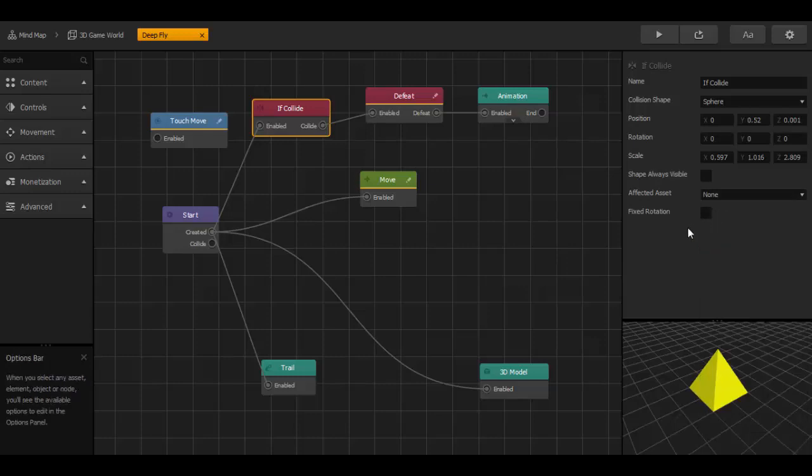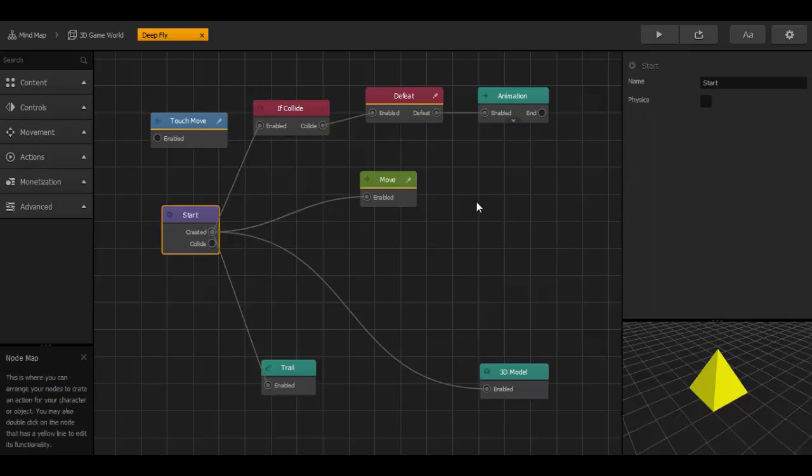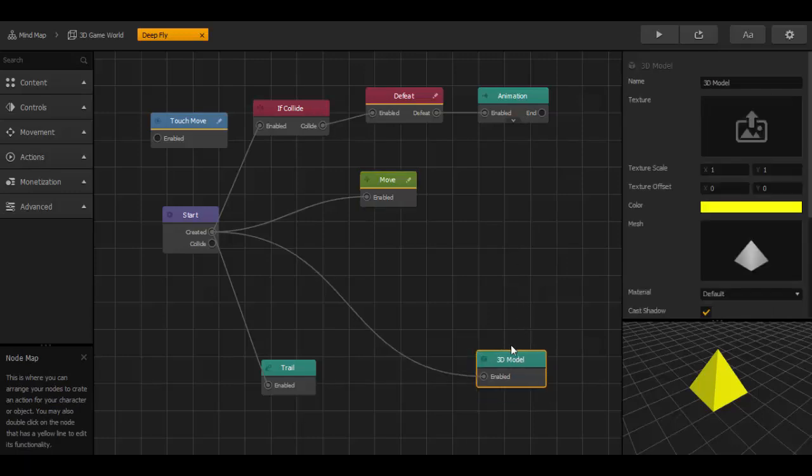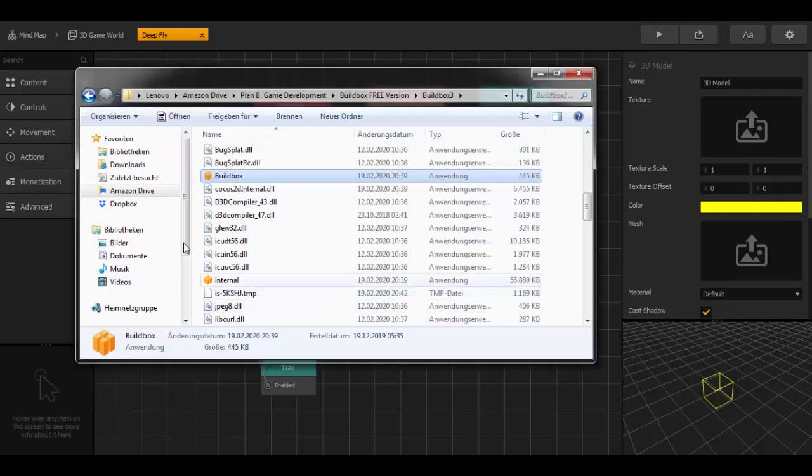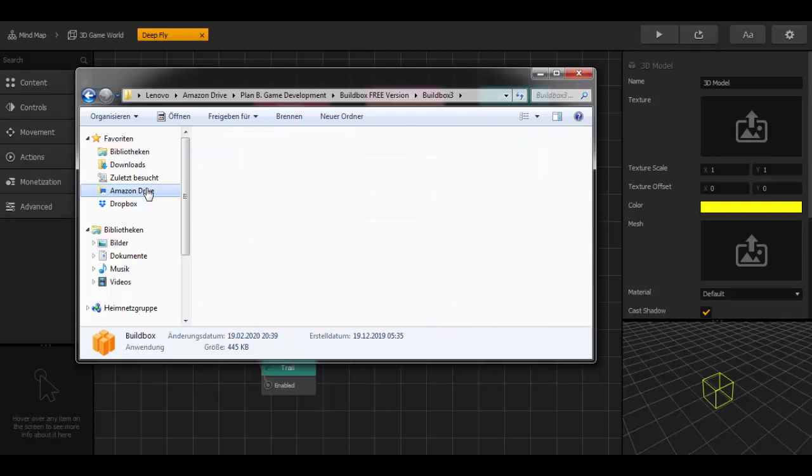The speed, we change a little bit to 60, but negative, because we want our enemy to come against our character. And now we change the mesh, and I want to use my own